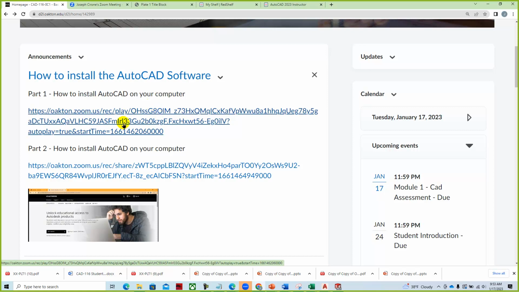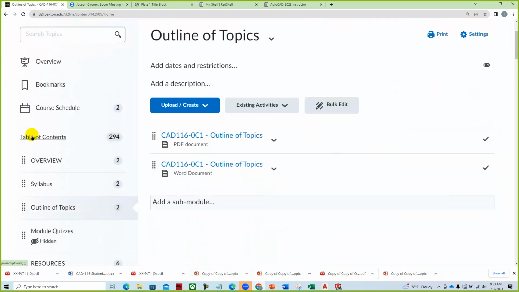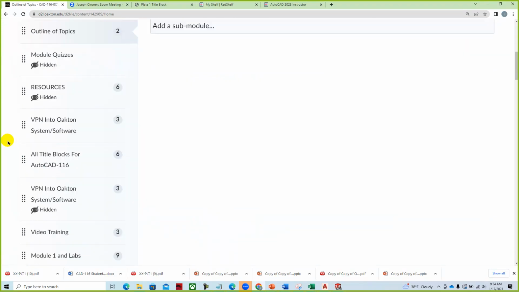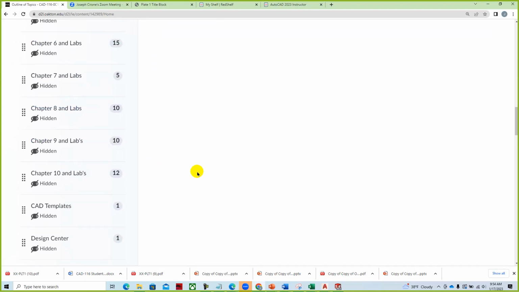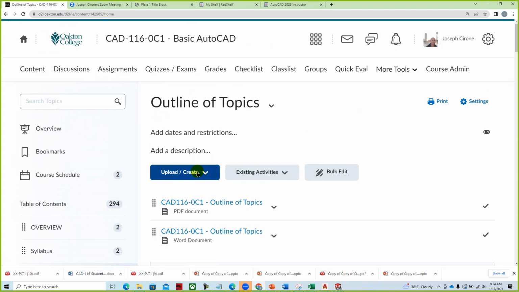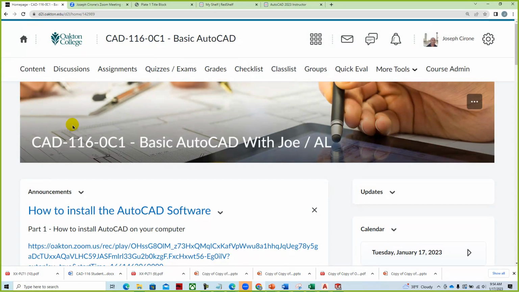And so if we go into the announcement page under content, students are able to, and I'll double check on that, but essentially students can go to the